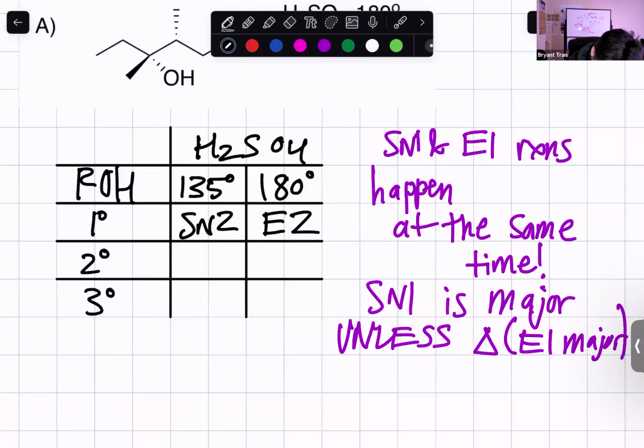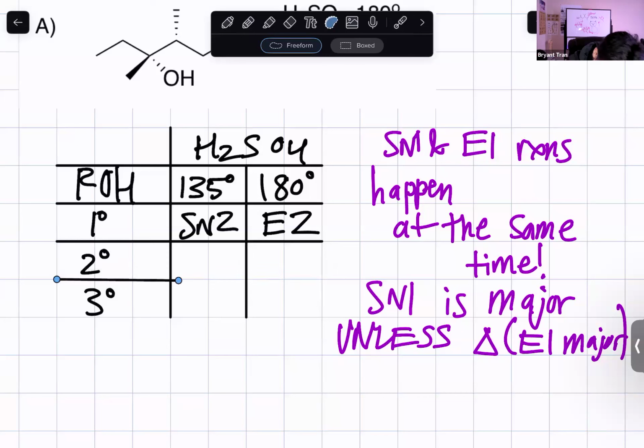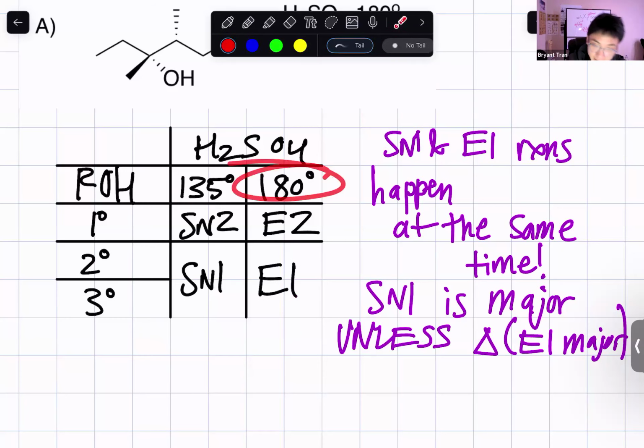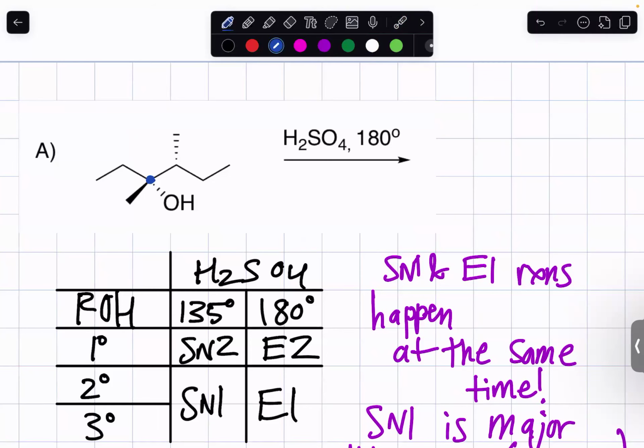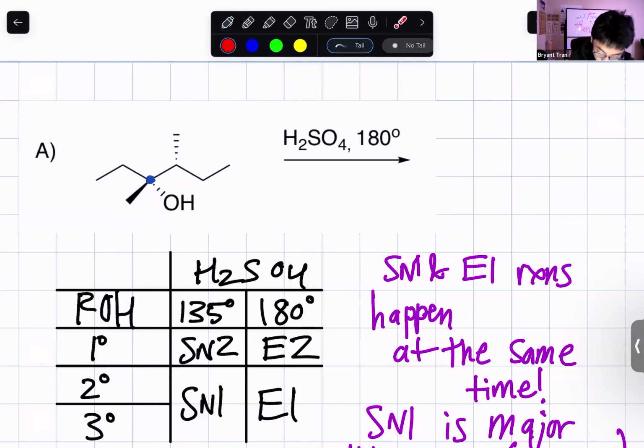For secondary and tertiary alcohols, they're going to do SN1 reaction in 135 degrees Celsius and E1 reaction in 180 degrees Celsius, right? So the first thing we have to do for this type of problem is to analyze what kind of alcohol we have here. What alcohol would you say we have here? Primary, secondary, or tertiary? Tertiary, because